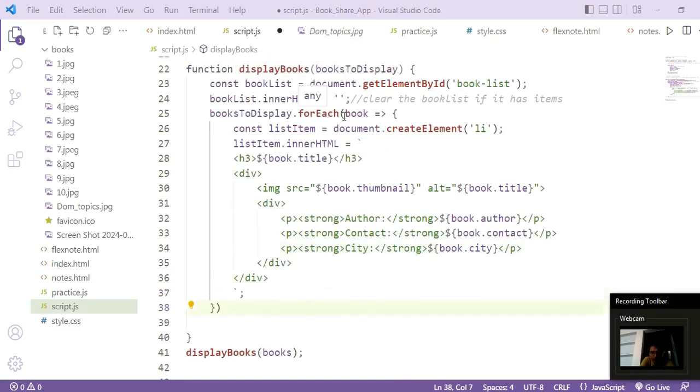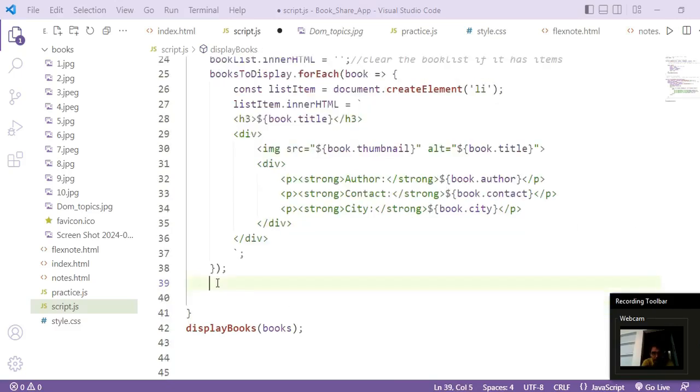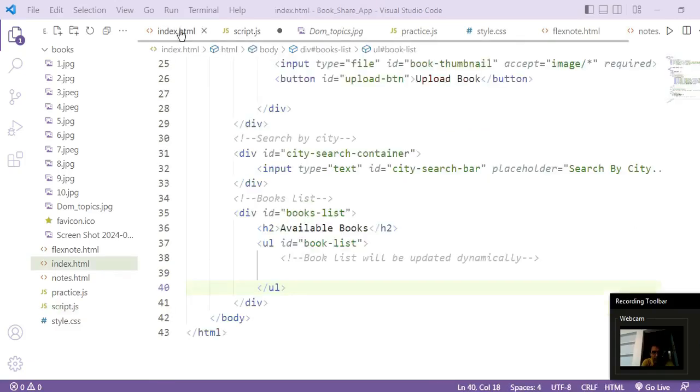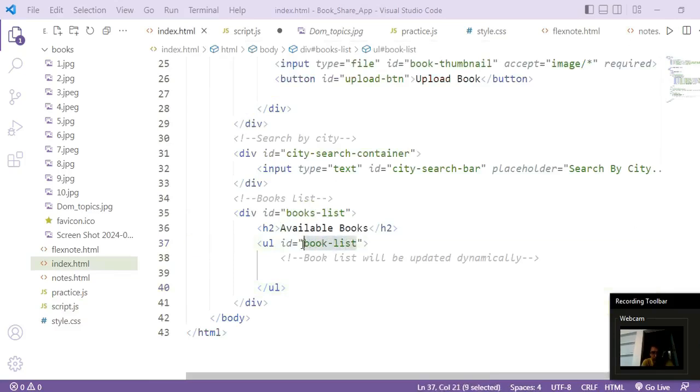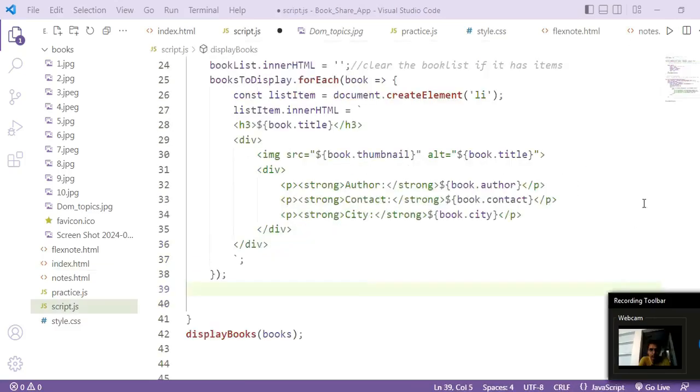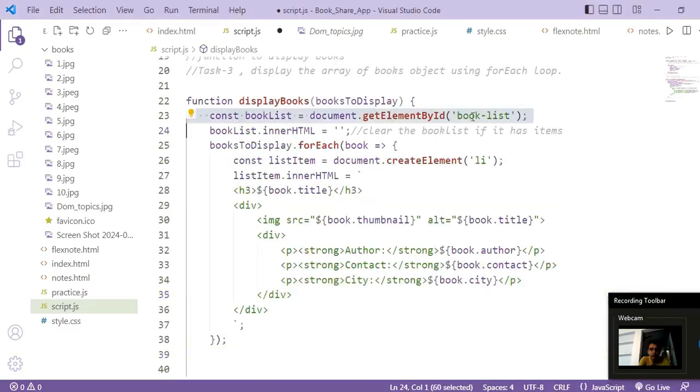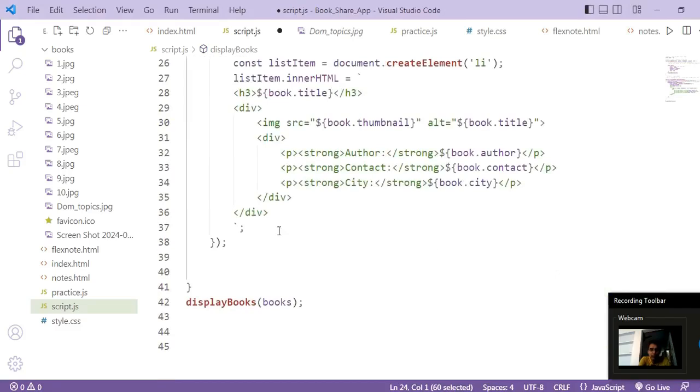Now we have our forEach open brace here, and it is closed here on line number 38. So we have to place a semicolon here. So now we have our list item and we will append it. So can you guess, in index.html this is the place, right? Book list, where we are going to insert our dynamic list. So now we have our list of items. And this list of items will be displayed inside the bookList id, right? Inside our unordered list, the ul element, we have to display the list.